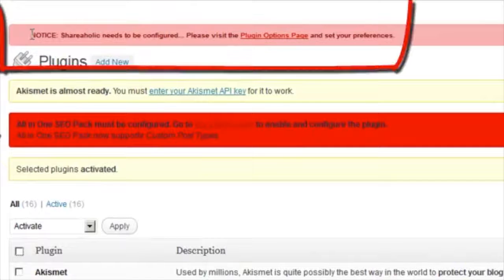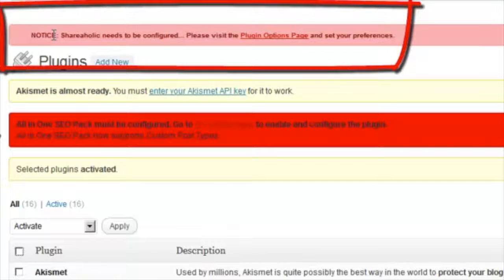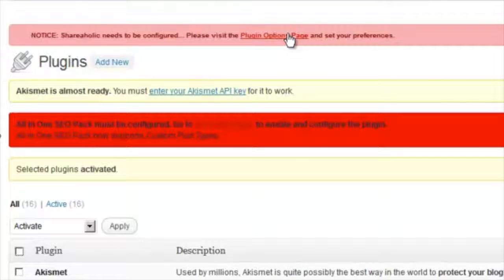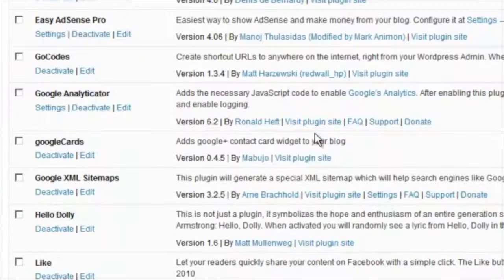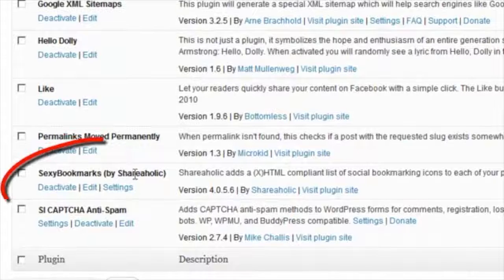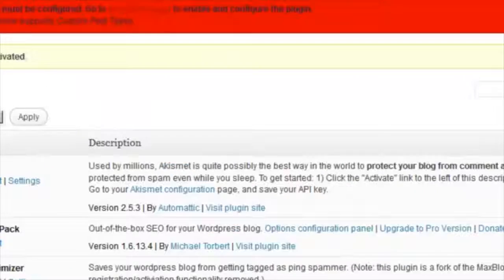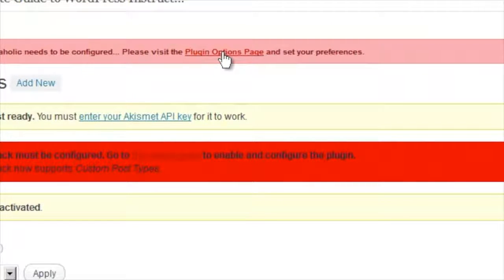And the first warning I want to talk about is: notice Shareaholic needs to be configured. Please visit the plugin options page and set your preferences. So some of these plugins need to be configured and some don't. Shareaholic is one of them, and it's this one down here. It's called Sexy Bookmarks, and it's a really good social media type plugin that you're going to want to put on your website. So let's click on plugin options page,